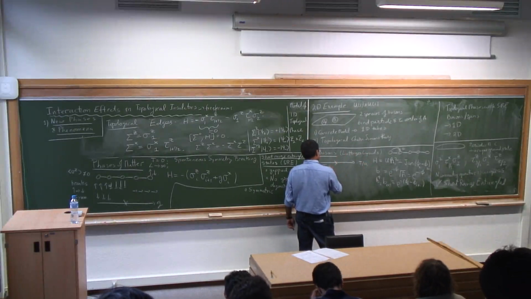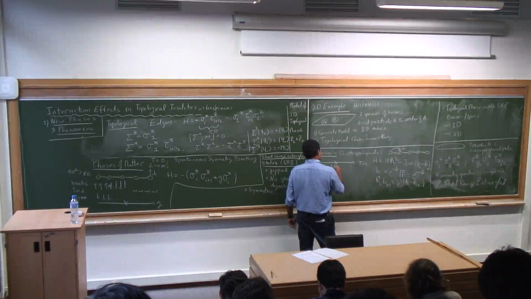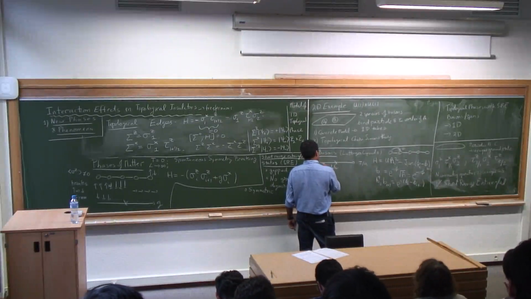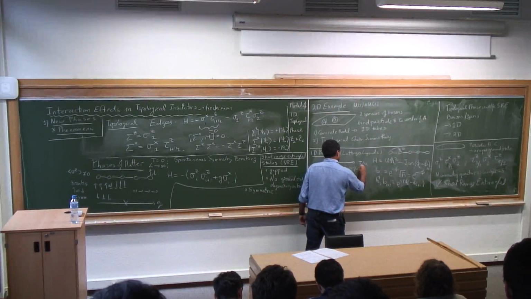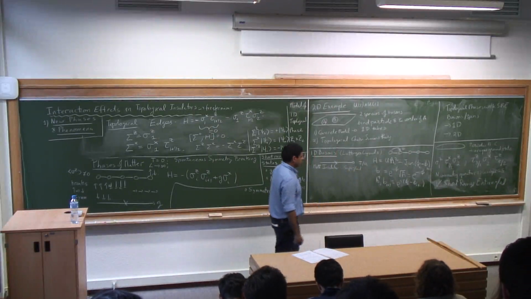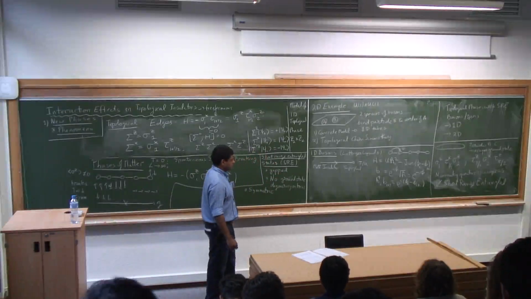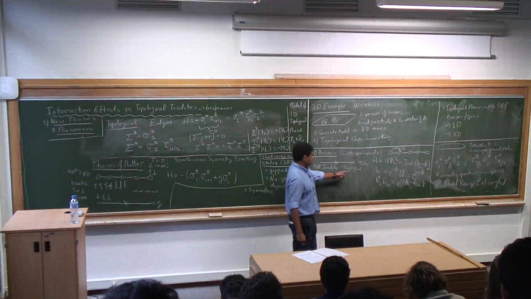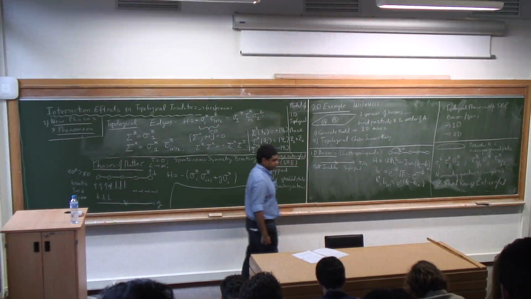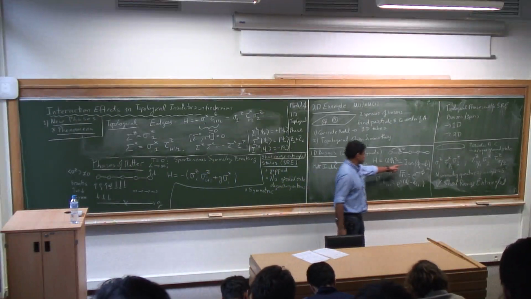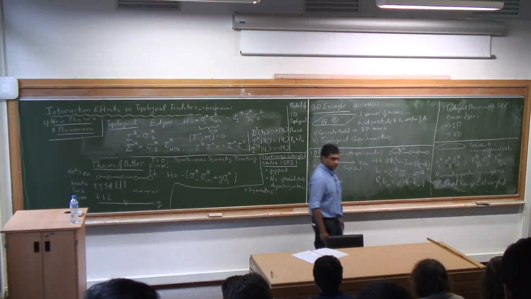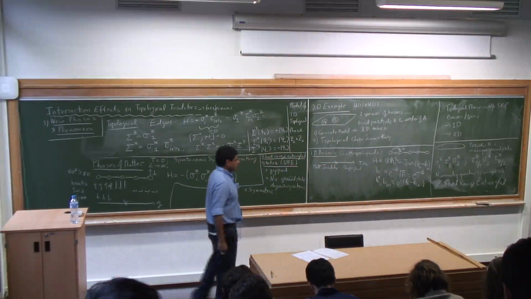So as I increase this ratio J over U, if I'm at some integer filling, I have the Mott insulator, and I have a superfluid. Superfluid in some algebraic sense, but it has the property that things will flow without any resistance. That's the limit where this hopping is very large, and you can ignore this charging term.